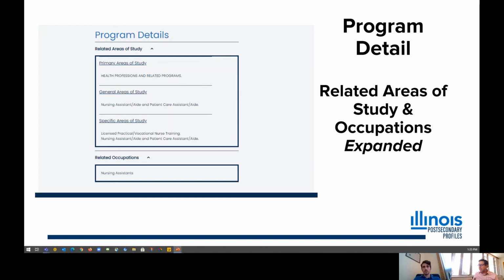And this is an expanded view of what's available. And again, as we continue to work with the database of underlying data, as we continue to receive feedback from end users, we will continue to be able to work to improve what's displayed and how it's displayed over time.